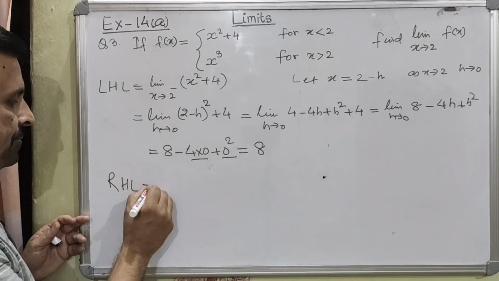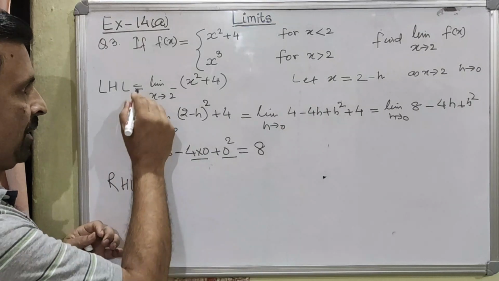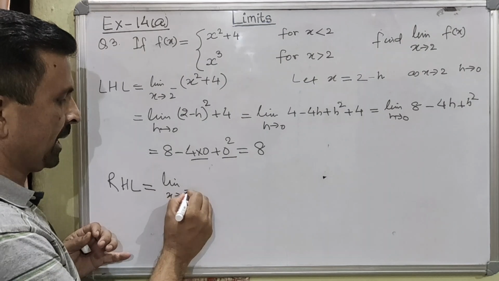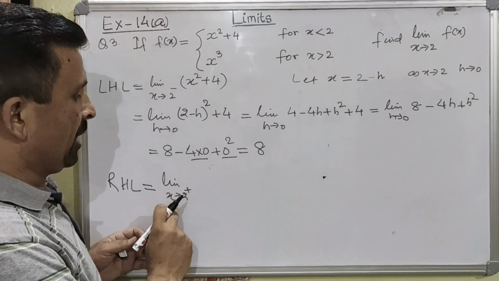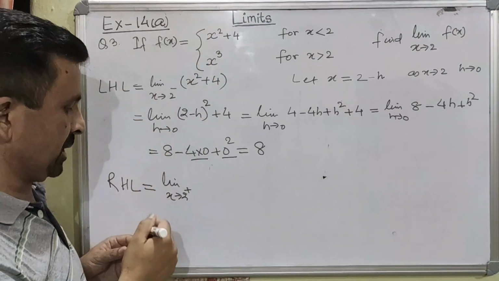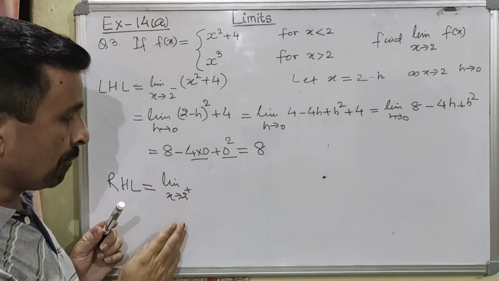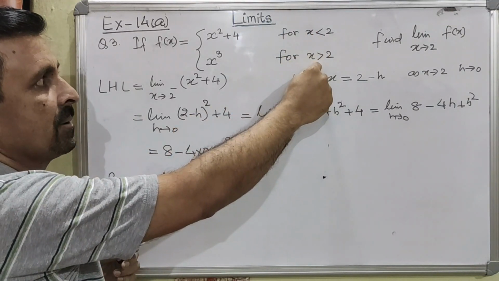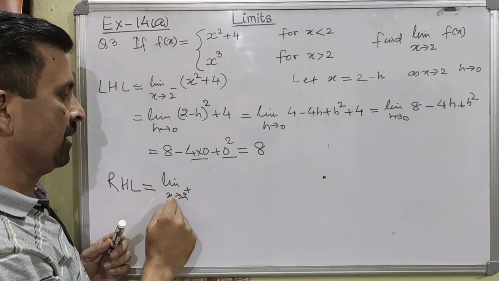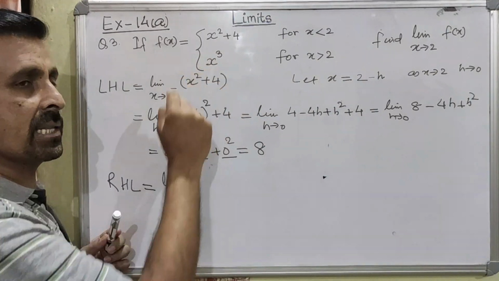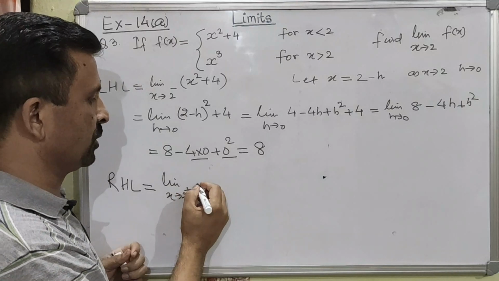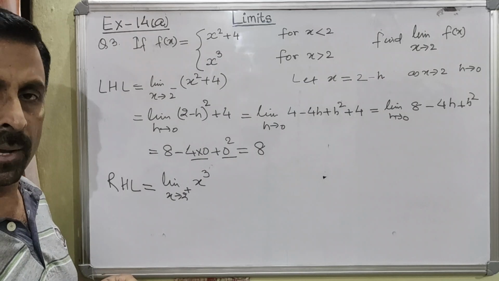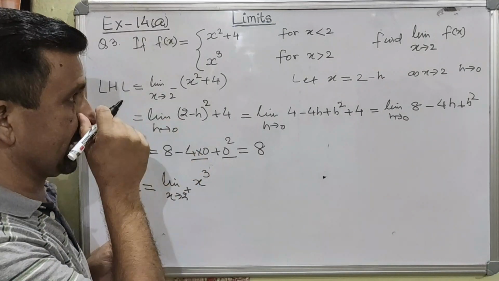Right hand limit. So we are writing this as limit x tending to 2 plus, right? Now in which function you see that the value of x is more than 2? This says it is x less than 2, and this says x is more than 2. That means for this limit, we are going to take another function. So here we are going to find it out for x cube. Hope understood now? We have to learn how to choose the right function.